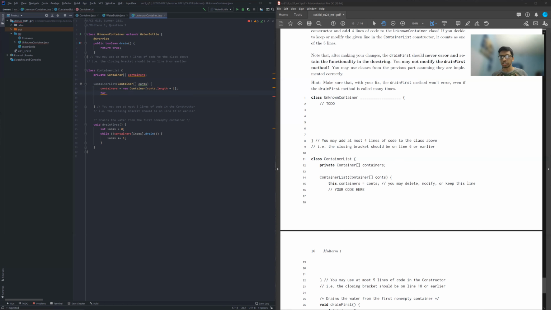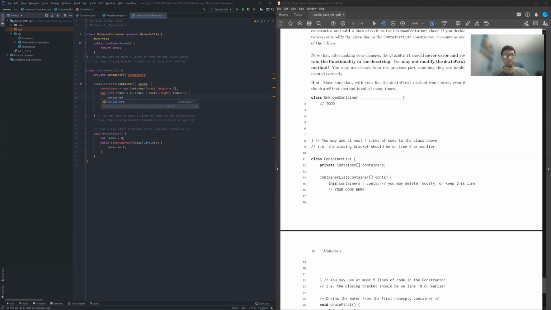So I'm a little old-fashioned. I like to write out my for loops because I can never remember the syntax for System.arraycopy. But if you want to do System.arraycopy, that's totally fine. I'll also write out the syntax for that too. So if I say for int index equals 0, and then I put the index as being less than const.length, right? Because we're trying to copy everything from const to containers. We don't want to go over containers.length because then we're going to hit an out of bounds error with const. And then we're going to increment index. So let me go ahead and put that semicolon here. And then let's go ahead and copy everything.